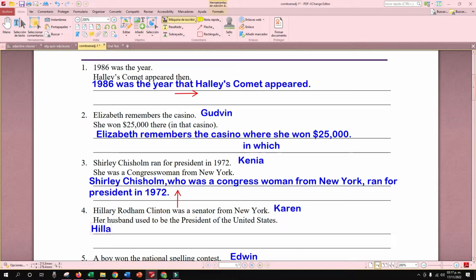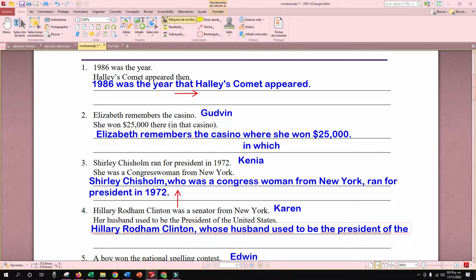So Hillary Rodham, that is the name of that girl, right? Rodham Clinton. We're adding extra information about that. Whose husband used to be, right, the president